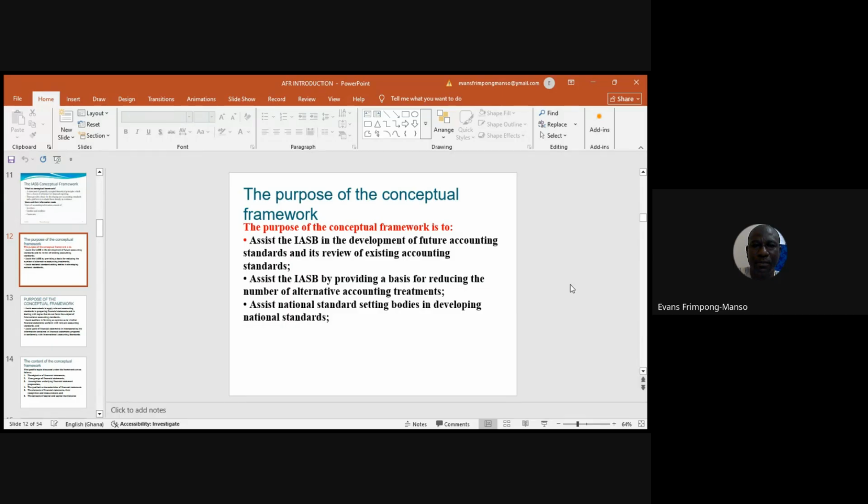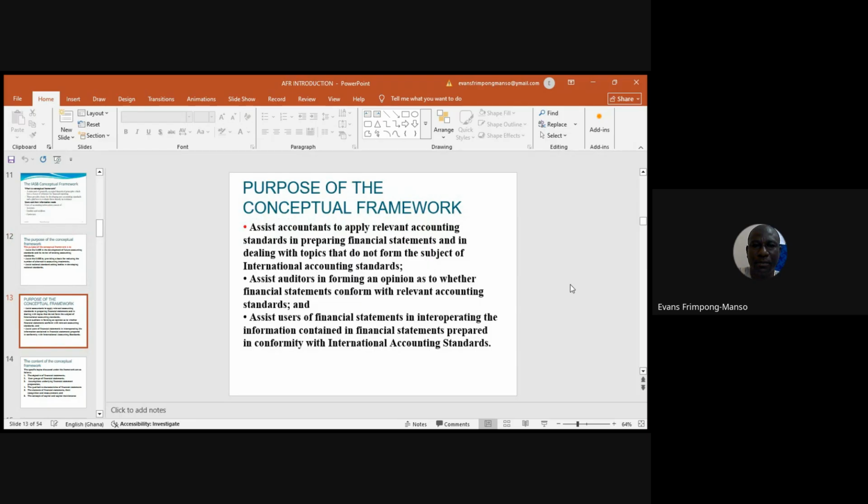To assist the International Accounting Standards Board to develop future accounting standards, by providing a basis for reducing the number of alternative accounting treatments, to assist the national standard setting bodies in developing national standards,